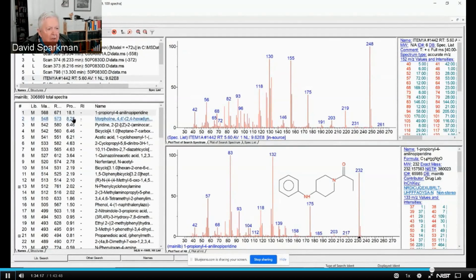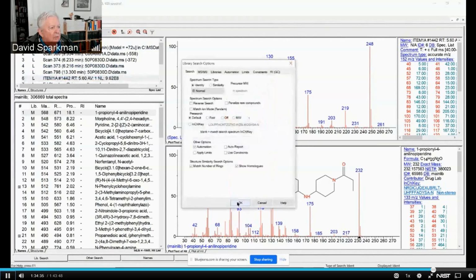The probability is 18%. That tells me pretty much that there is not a spectrum that is close to matching this spectrum in my library. So now I'm going to do a hybrid search on this,